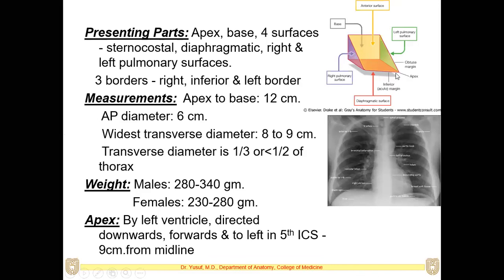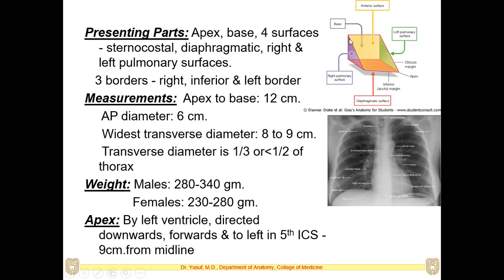The heart has an apex. It looks like a conical shape or pyramid shape. So it has an apex, which is in the front here. So here is the apex. So usually the apex will be on the top, but for the heart, it is in the front here. So in this X-ray, if you see, it will be here. So this will be the position, fifth intercostal space. So this is the apex.